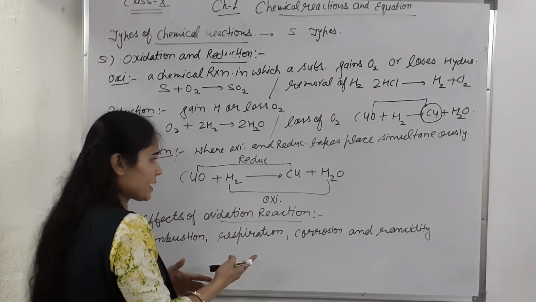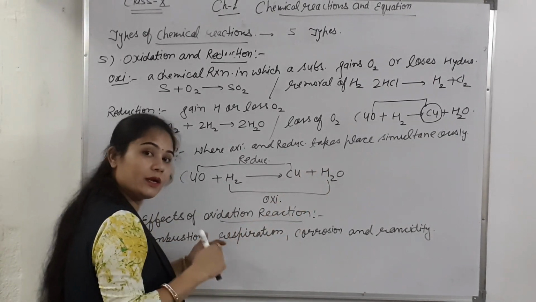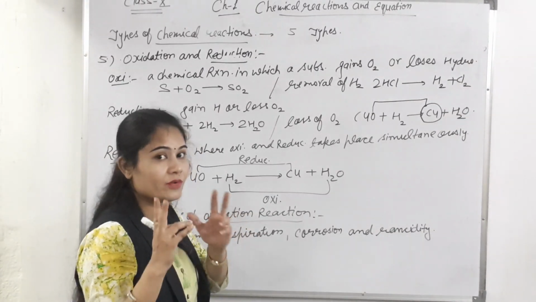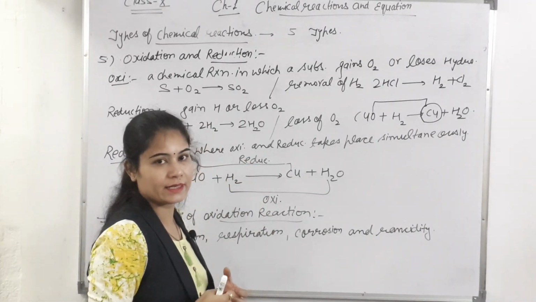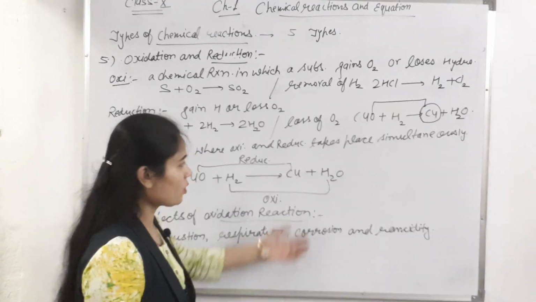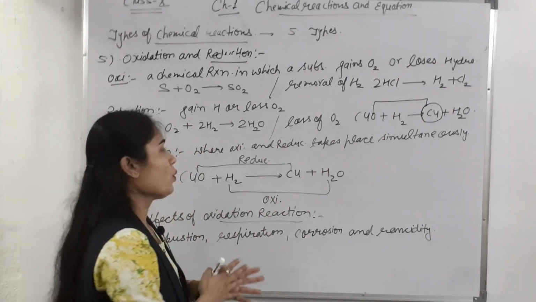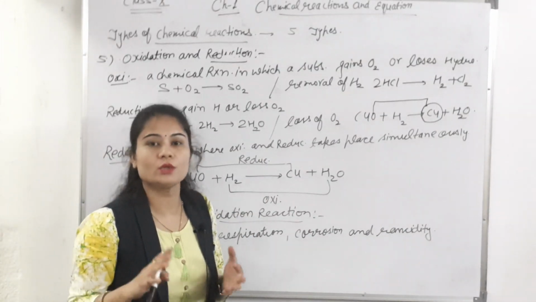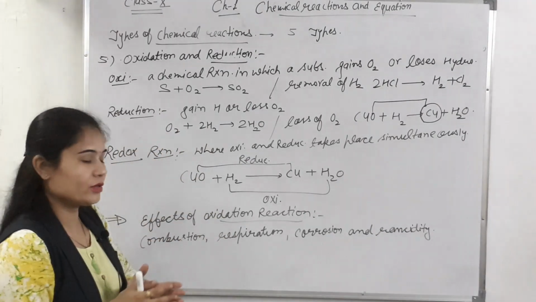And the reverse of this process: hydrogen gains oxygen and is converted into H2O. So this is an oxidation reaction. That means we have both processes, oxidation and reduction, simultaneously. One substance is reduced, so the other one is oxidized. Here, students, this is a redox reaction. Now we have seen different types of reactions, word equations, and symbolic equations to balance a chemical equation. So what exactly is your homework for today?